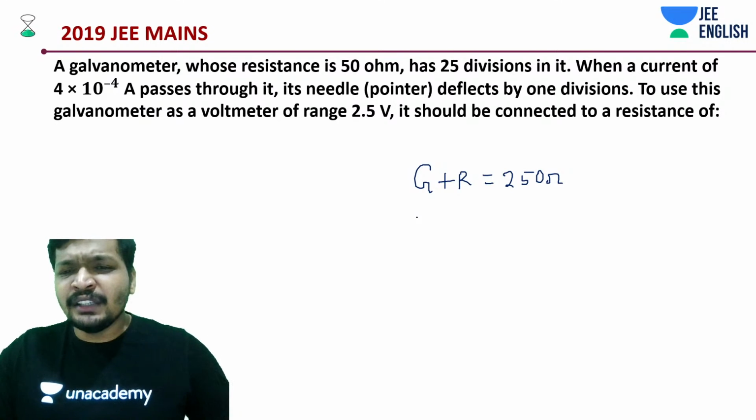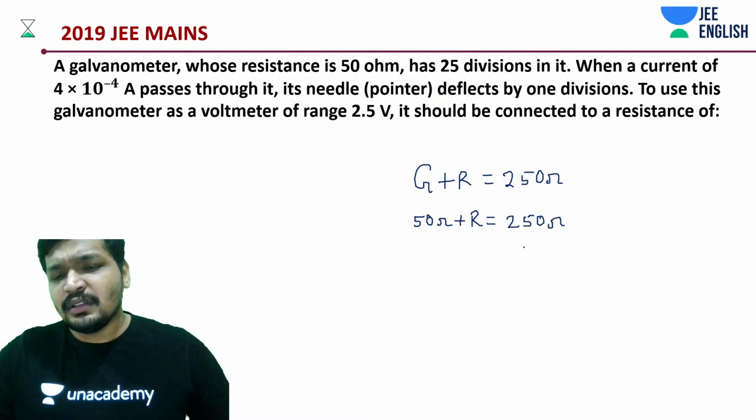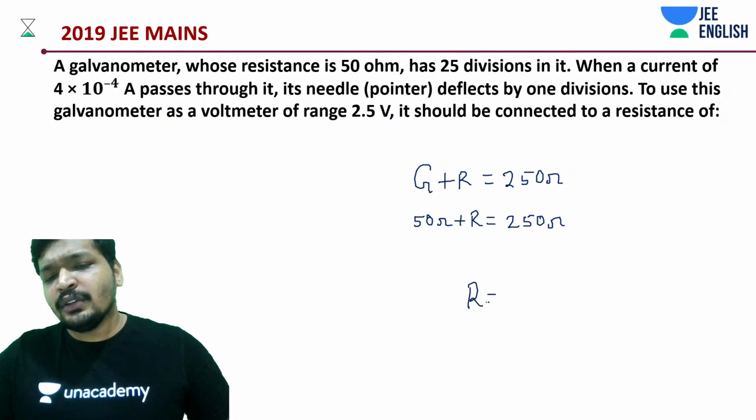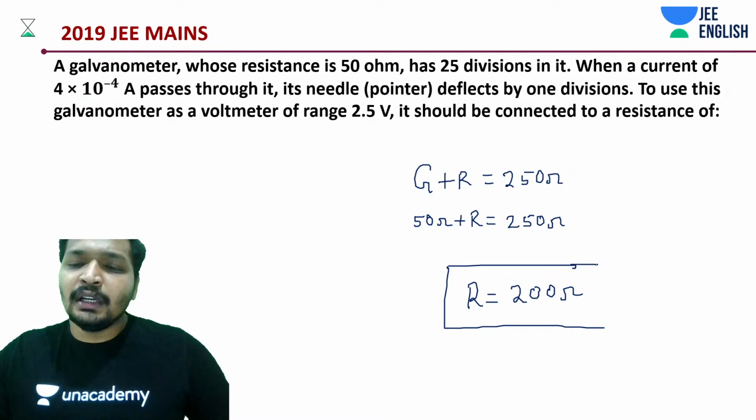Okay, G we had as 50 ohms. How much should be R? 200 ohms. Right? R should be 200 ohms. How easy is that problem? If you know the concept, you would have solved it in less than a minute. So that's the advantage of your